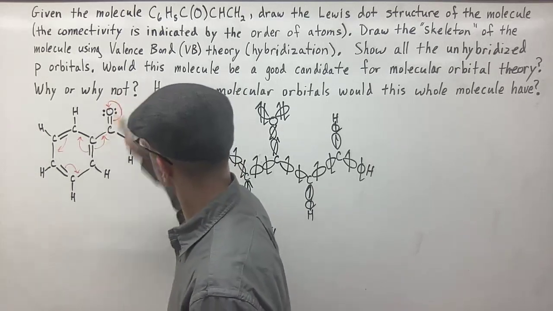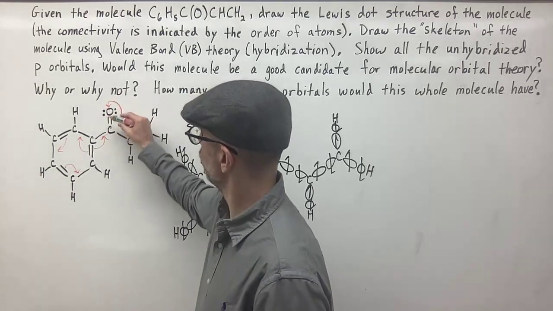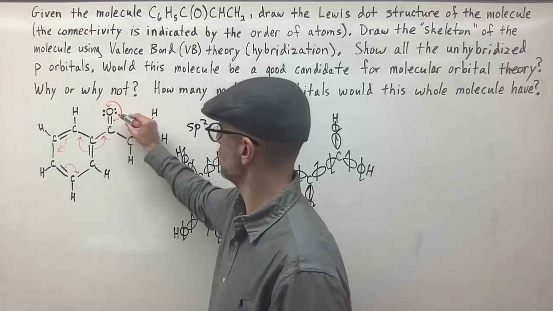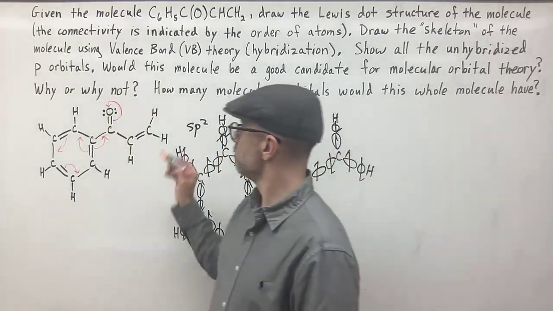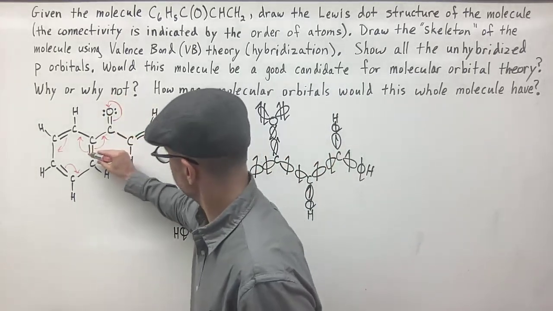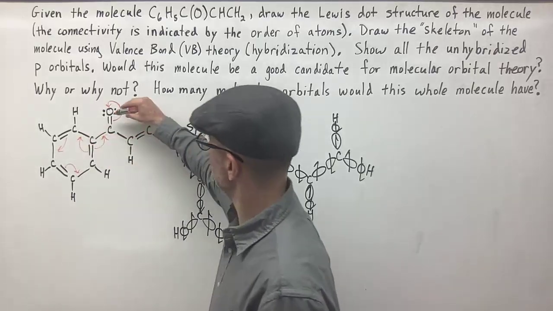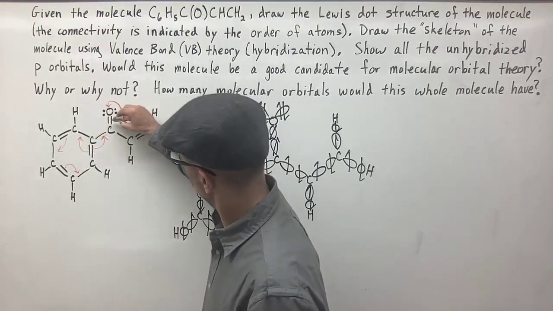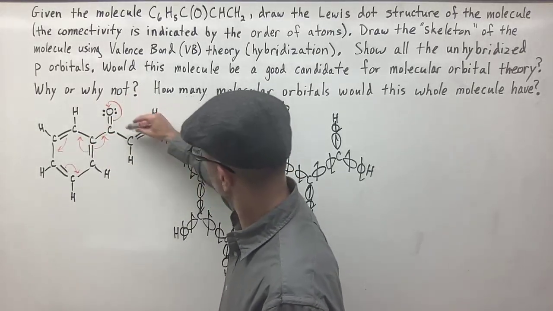That would create a single bond here and 3 lone pairs on the oxygen, right? Or instead of going here, it could go there, but then the double bond here could be pushed up